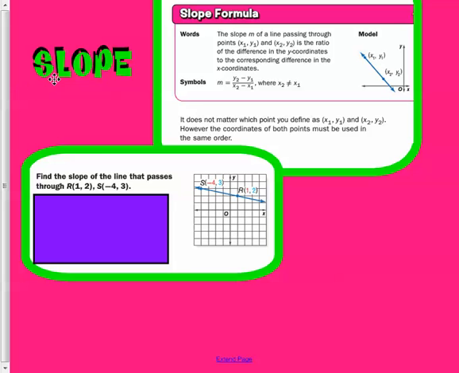So there's also a slope formula. You can use this formula in case you are unable to actually count the change. So this slope formula is right here. This formula says if you take the y's and you subtract them and you put them on top, and you take the x's and you subtract them, now keeping them in the same order, mind you, then you will find your slope. For example, if we wanted to find the slope that passes through (1, 2) and (-4, 3), we